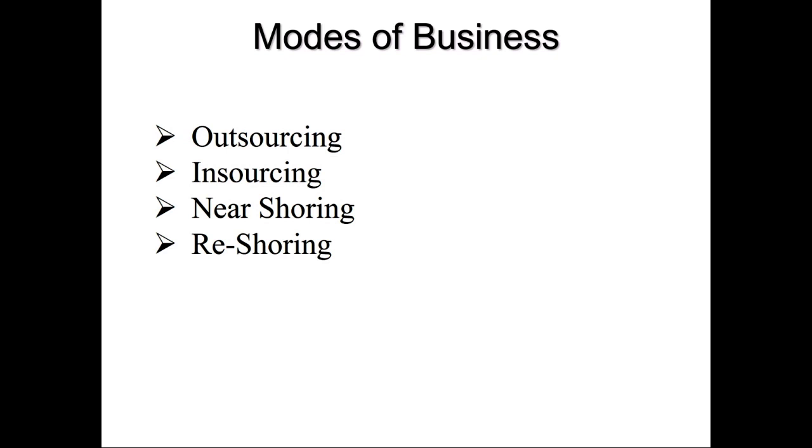But let me give you just some brief definitions so you can work with. These are not perfect definitions, but outsourcing is when we as an organization decide that it's better to have someone else do it for us than do it ourselves. So if you look out the window here, you would see a lawn crew cutting the grass at Towson University, and it would be an outside service provider.